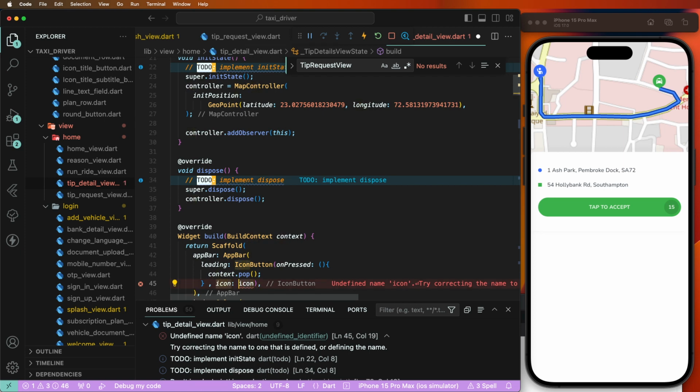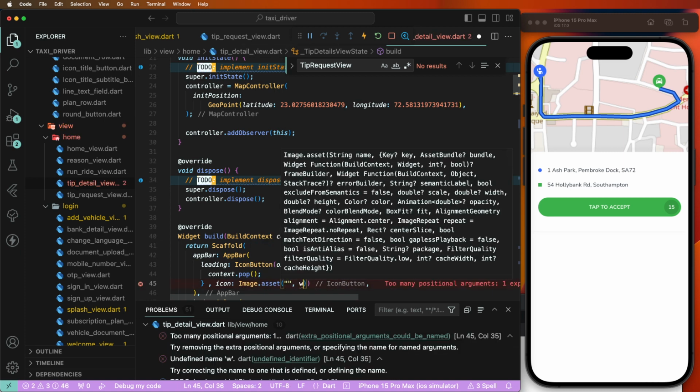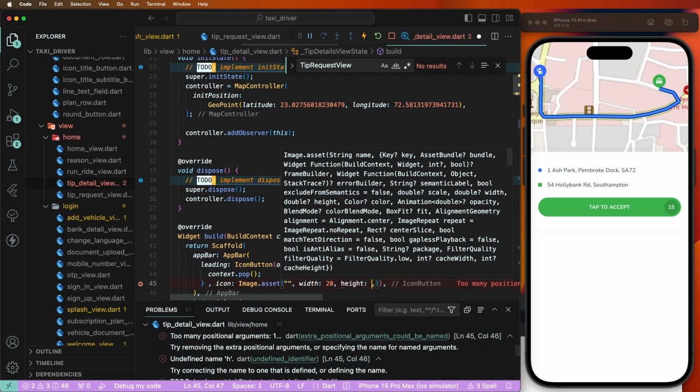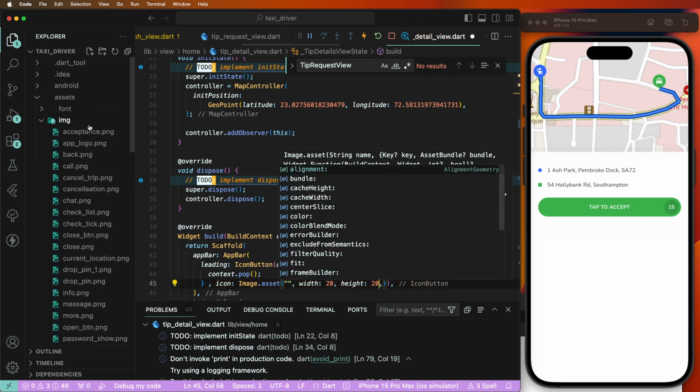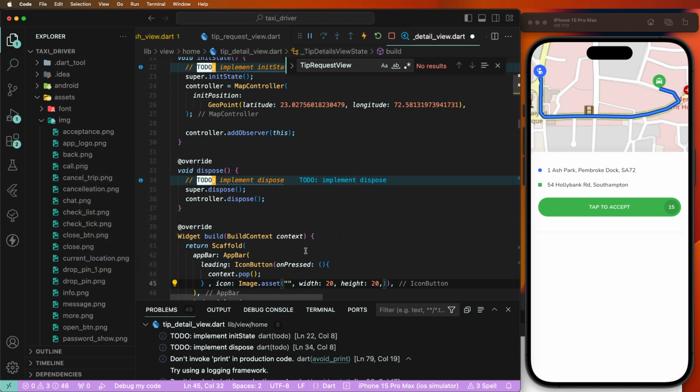Also set here the sets select and to this here the width need to set here 20 and also need height like set here. Now need to give this here the back buttons, copy this relative path and here like